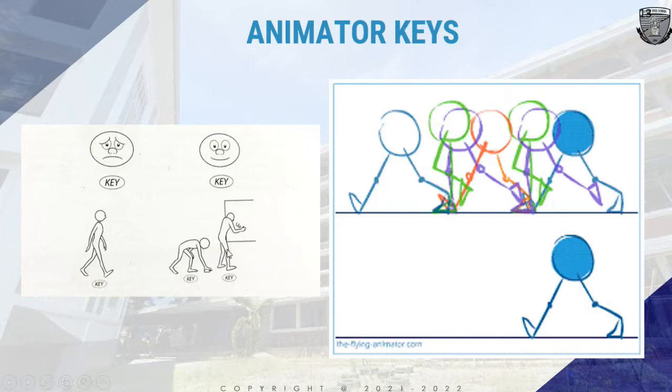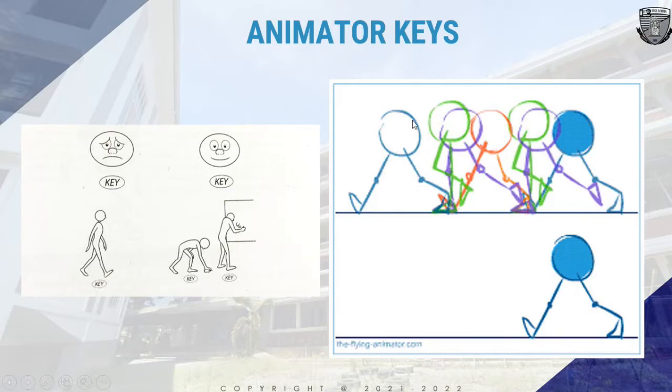So later on, once we have discussed in-betweens, we can create in-between drawings to create a smooth movement that transitions from the first key to the next key until the last key. So these are also examples of key poses. So this is a key pose.